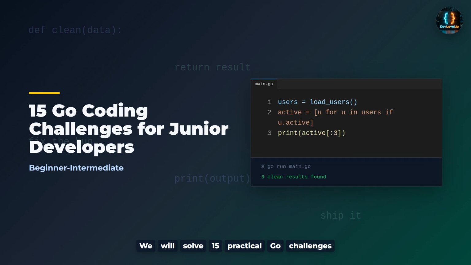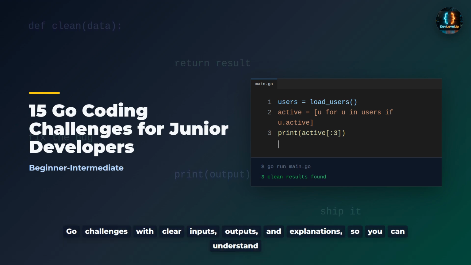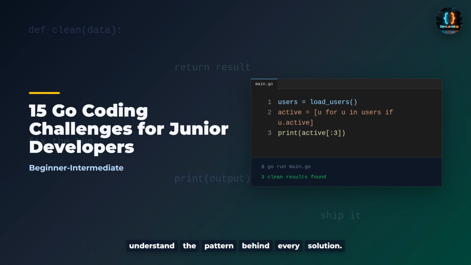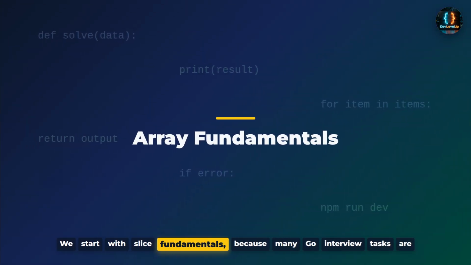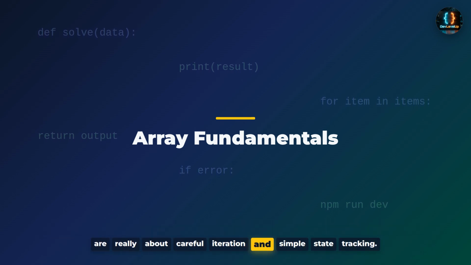If you're learning Go and want to prepare for real coding interviews, this video is for you. We will solve 15 practical Go challenges with clear inputs, outputs, and explanations so you can understand the pattern behind every solution. We start with slice fundamentals, because many Go interview tasks are really about careful iteration and simple state